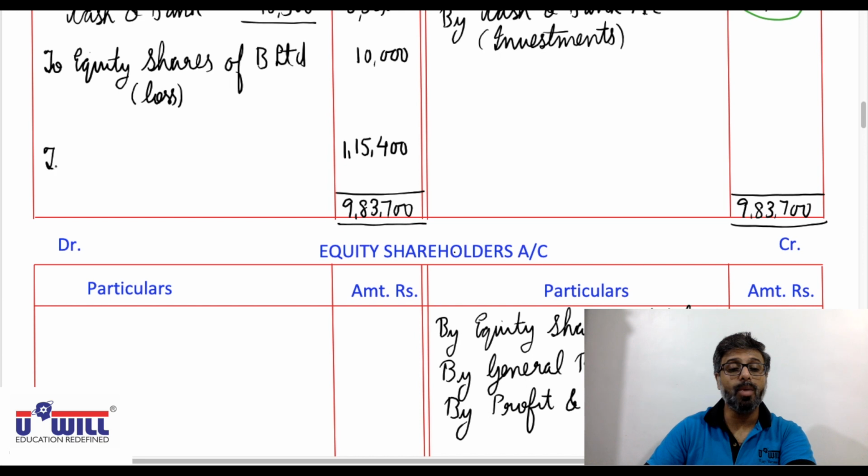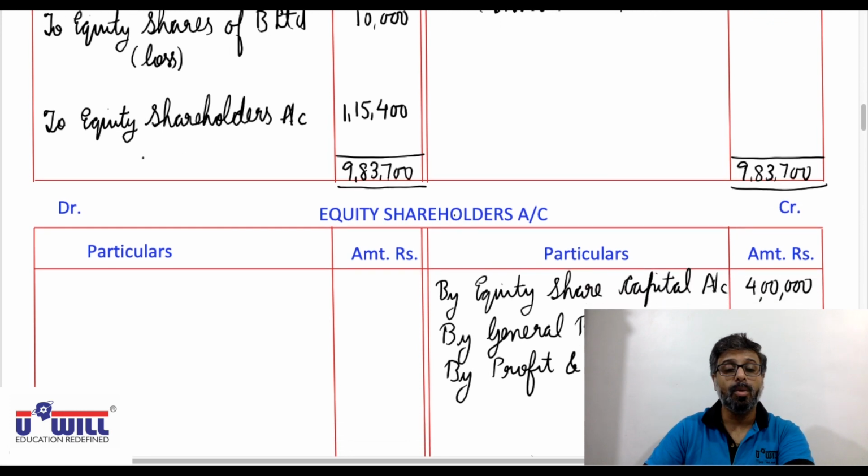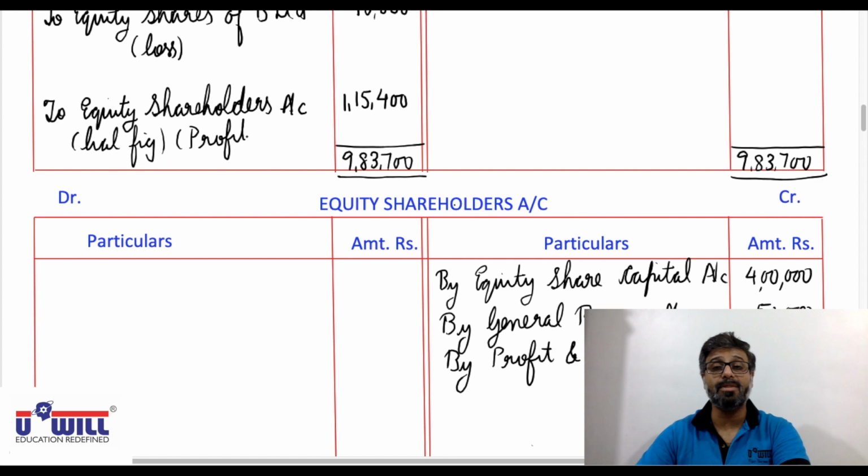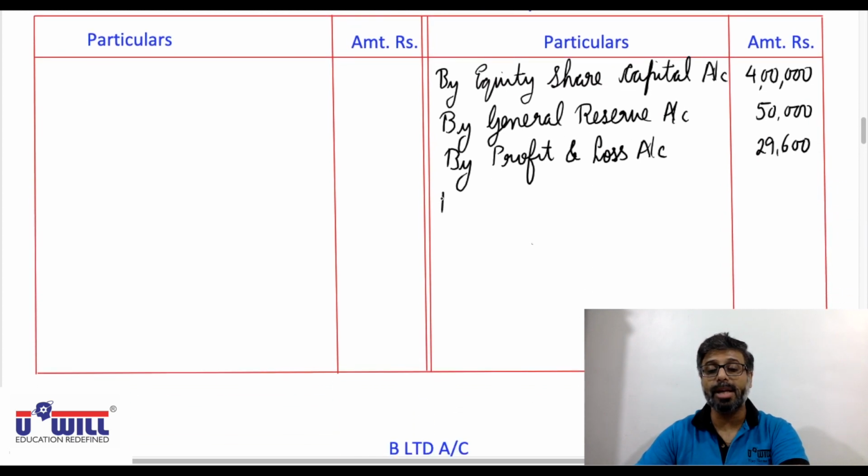To equity shareholders account, in bracket balancing figure as well as profit. Whatever balance remains in realization account will be transferred to equity shareholders account. So balancing figure as well as profit. To equity shareholders. So equity shareholders on credit side by realization account, by realization account, profit of